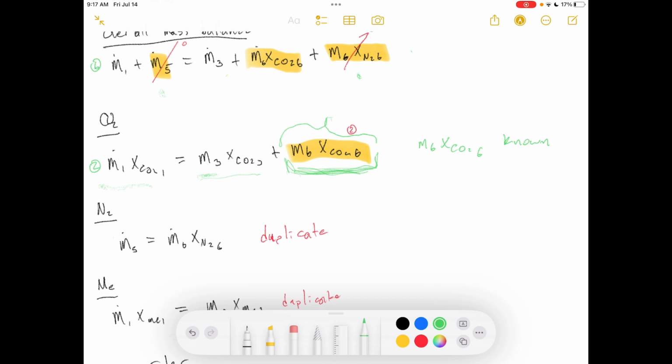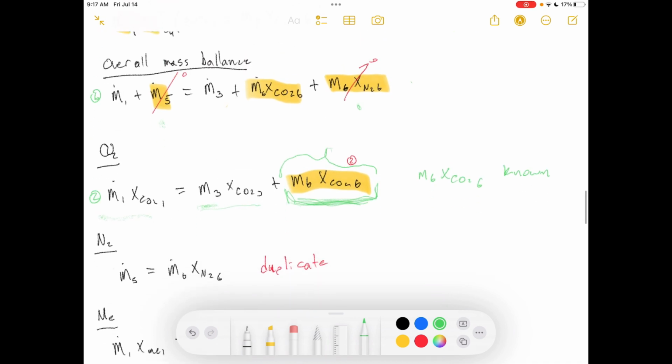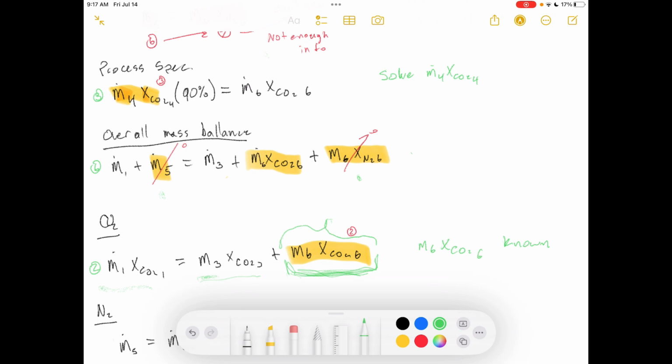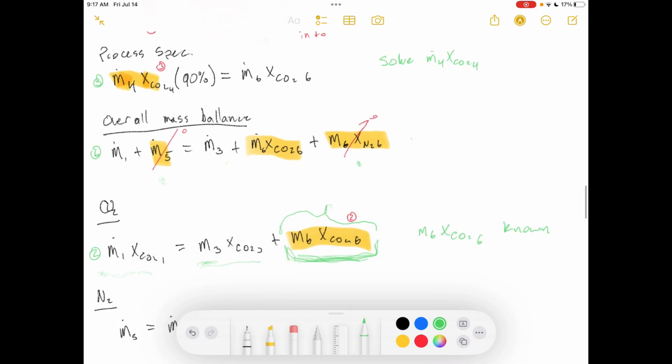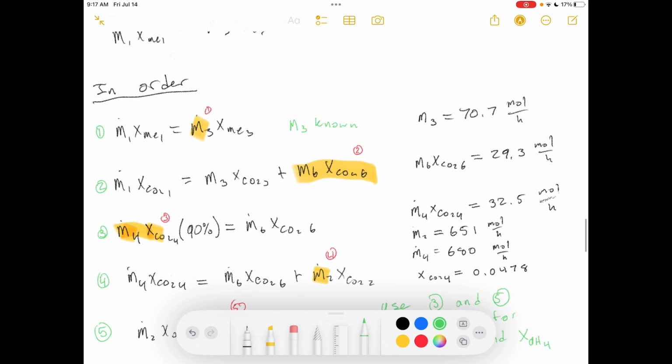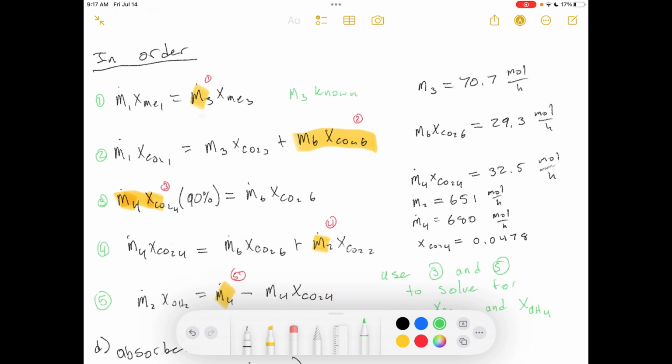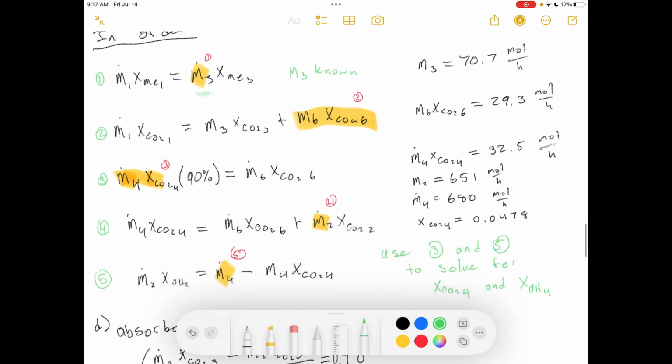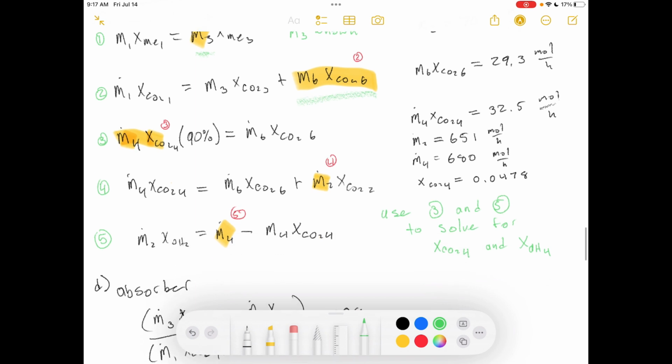So I don't know the exact mass fraction, and I won't because I don't know the nitrogen flow. But I do know the actual molar flow rate, or can solve for the molar flow rate of CO2 going out the stack. So, okay, I solved for that. I took all of these, equations 1, 2, 3, 4, 5, 6, and I put them in order down here, so you can see my thought process going through. So first I solved for methanol, then I solved for the CO2 stack flow, then I solved for